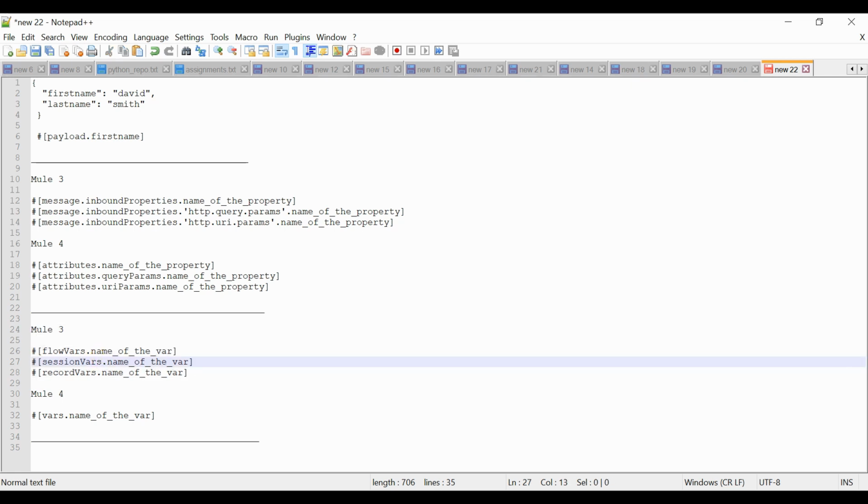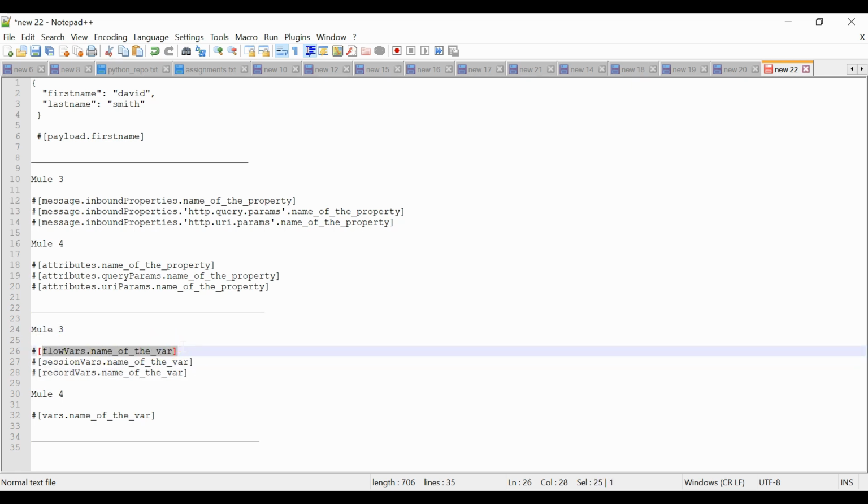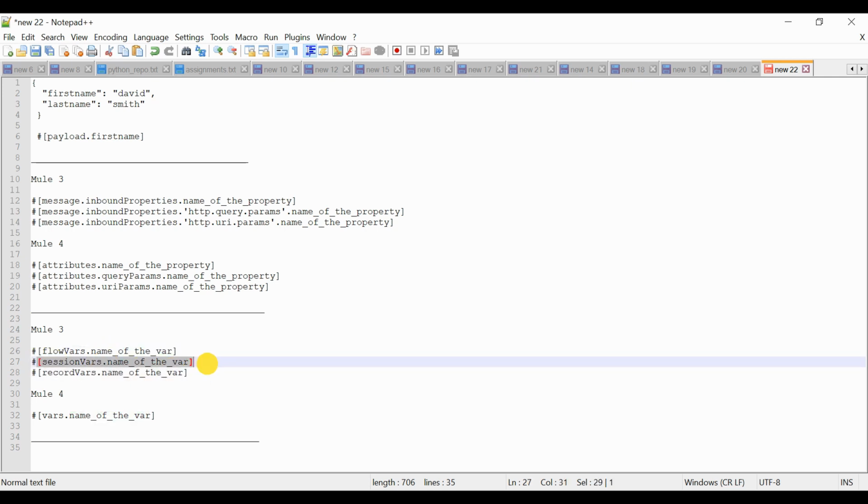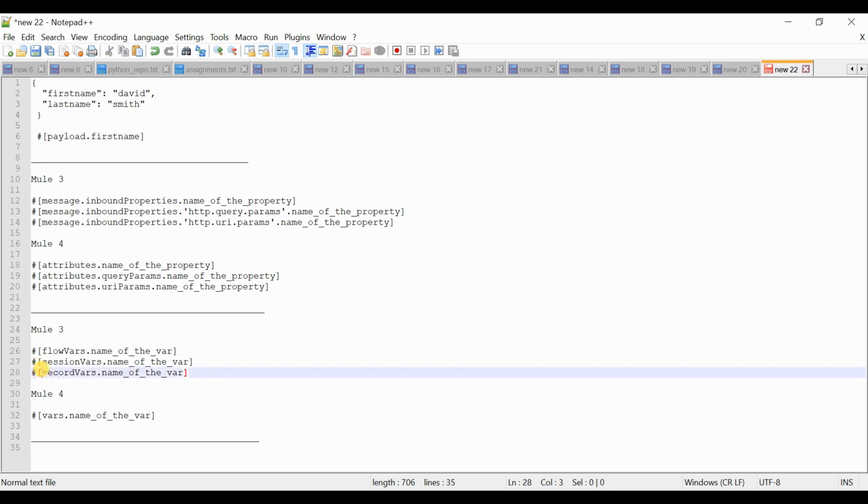To access these three variables, we have expressions: for flow variable, it's flowVars.nameOfTheVariable; for session variable, it is sessionVars.nameOfTheVariable; and for record variable, it is recordVars.nameOfTheVariable. But in Mule4 they have removed these three variables and kept only a single variable called vars. So if there is any variable that you want to retrieve, you can just write vars.nameOfTheVariable.